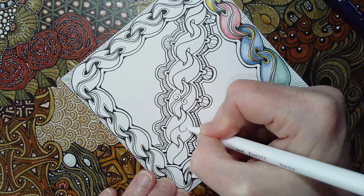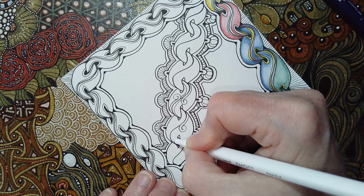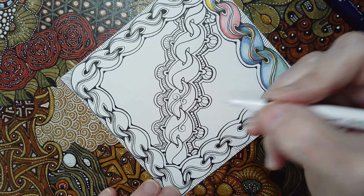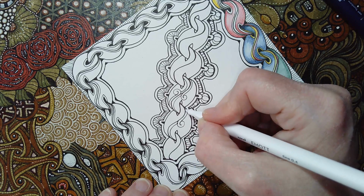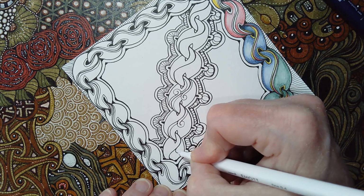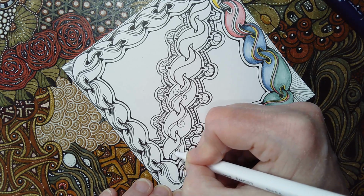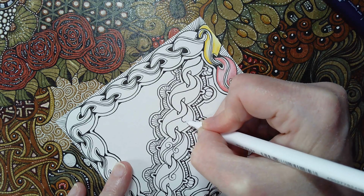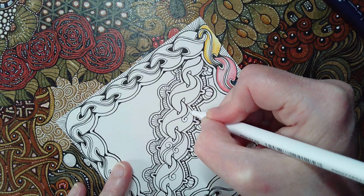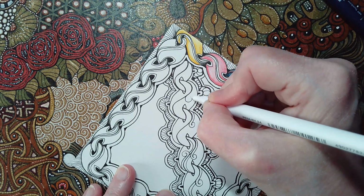So on the bottom I'm going to do them all like this, and then I'm going to go back in and add the other side, hopefully not overlapping it. So I need to start at this end, come back, and then just finish that. Here it'll be around here. It's not critical if it's not exactly in the middle, it doesn't matter. Here,